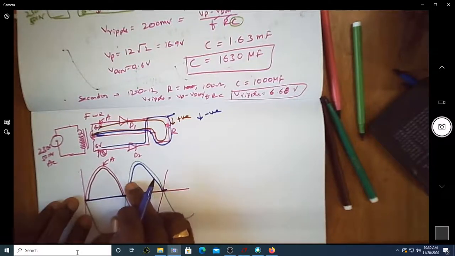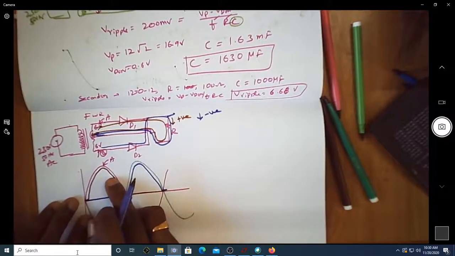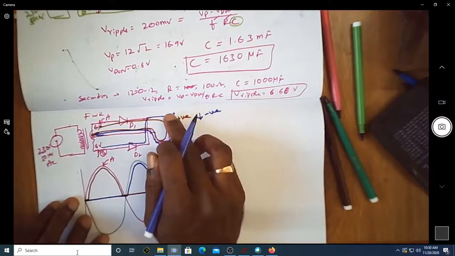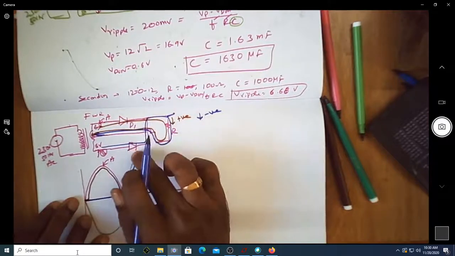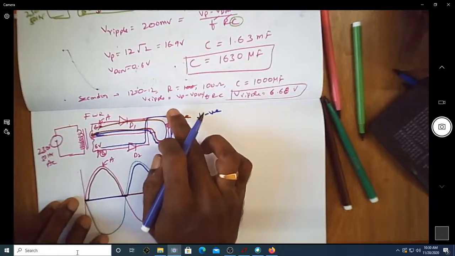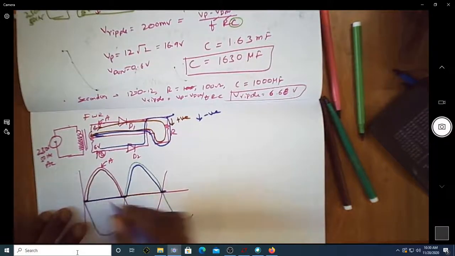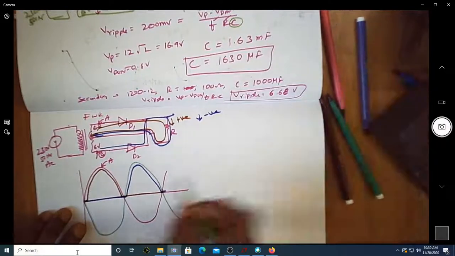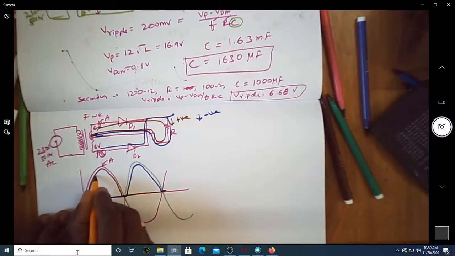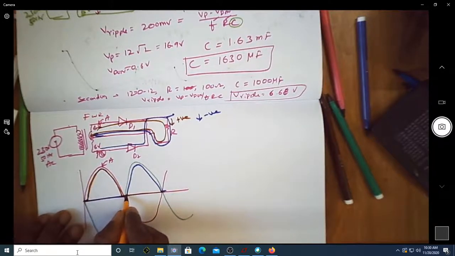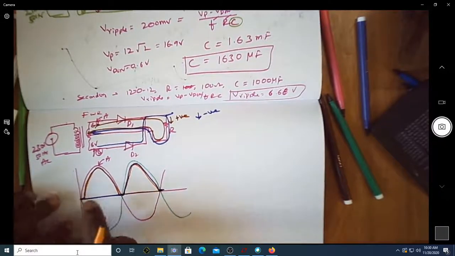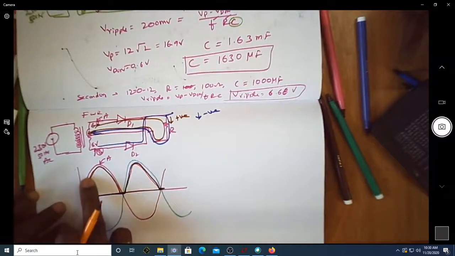So this blue one is due to D2. The brown one was due to D1. It doesn't matter for the output voltage whether you're getting it due to D1 or D2. If you actually find the output voltage at this resistor R to ground, you'll see the waveform goes up like this, comes down, again goes up, comes down. That is, during either the positive half cycle or negative half cycle, you will get a waveform